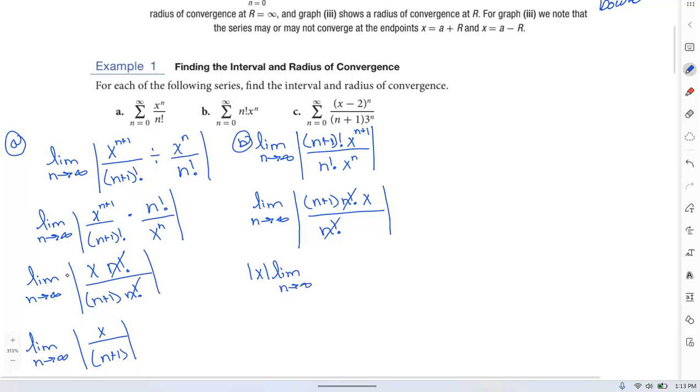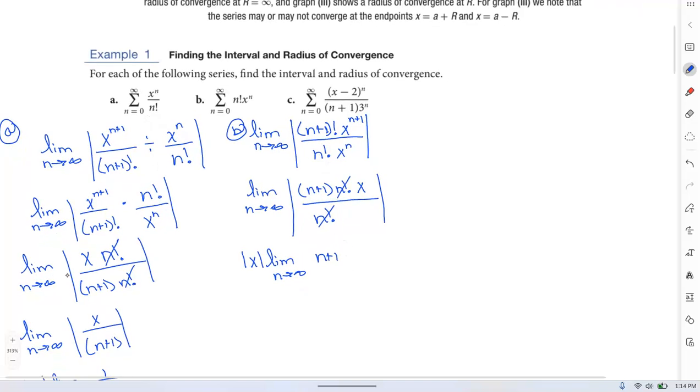Limit as n goes to infinity, absolute value of n plus 1. I really don't need the absolute value there because this is always going to be positive, again, because n starts at 0 and goes to infinity. So I could just write it with parentheses. And this guy is heading towards infinity. And what that means is that this is never going to be less than 1. So it's never less than 1. So the series is going to diverge